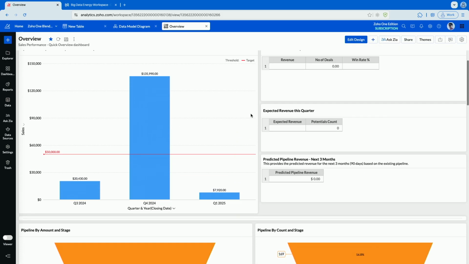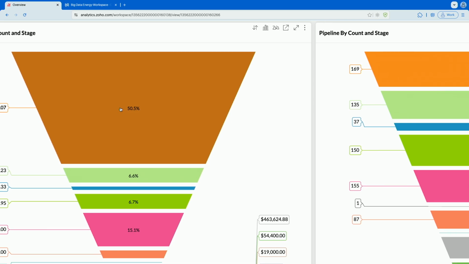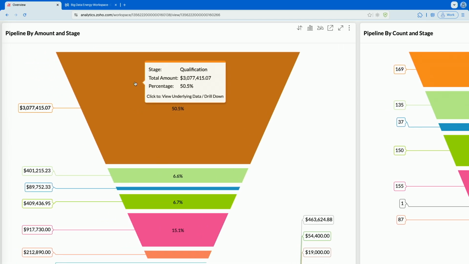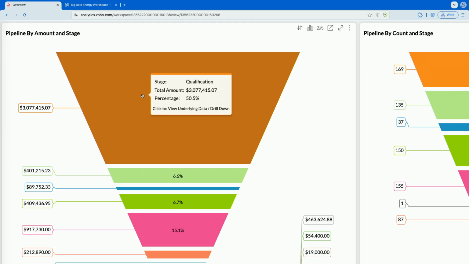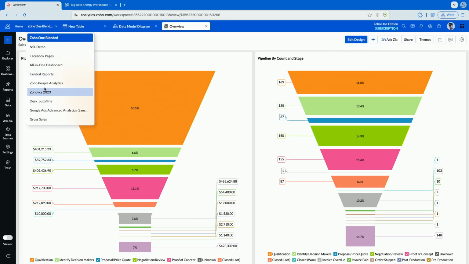So this overview dashboard is just going to show me, for instance, this pipeline by amount and stage, pipeline by count and stage here. Just like in the CRM, you can see in this funnel, these are my different stages that correspond to the stages in my CRM. I can see exactly how much money is in each stage. We know the percentage of my deals that are in this stage. So 50% of my deals are in the qualification stage. Maybe that tells me something like, hey, I need to split this up into different smaller stages or something along those lines. If I go show you guys another dashboard here,